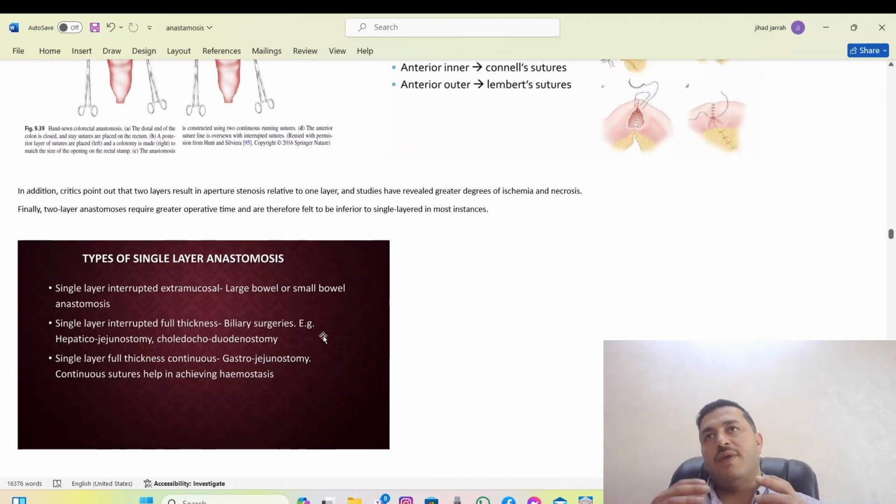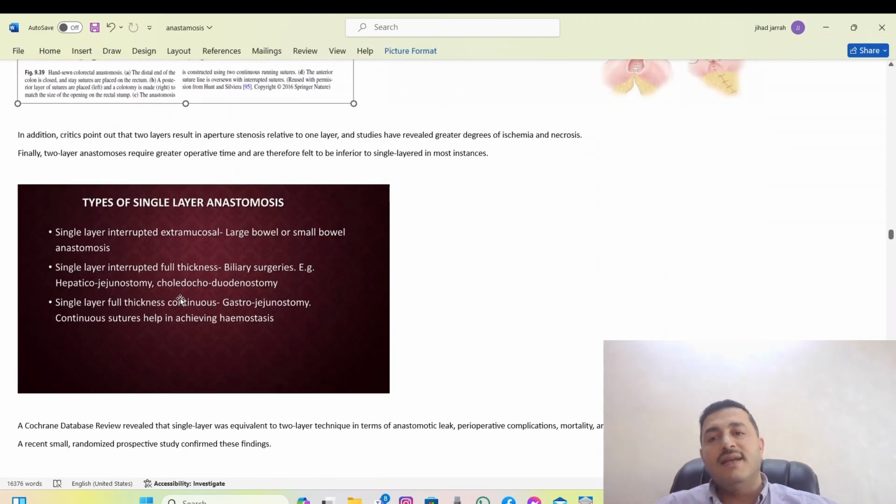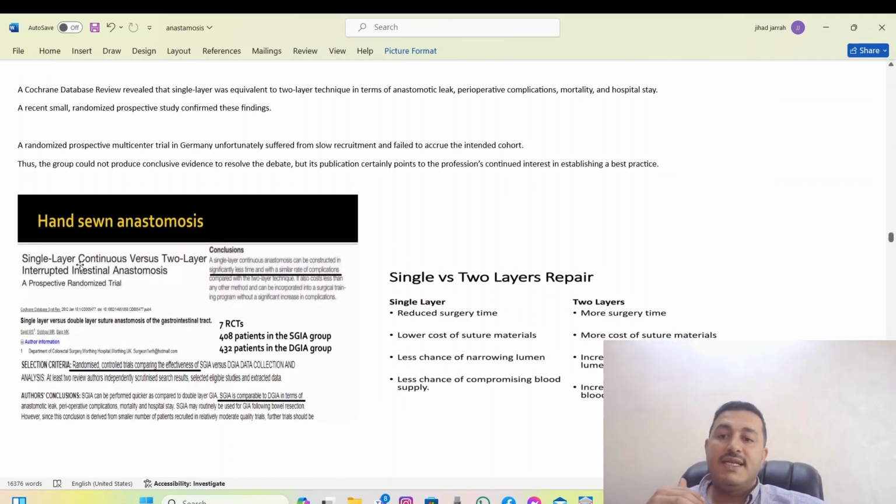We noticed that single layer is preferred when we compare it to double layer anastomosis. As we said here, this is a double layer anastomosis, this is a double layer anastomosis. Single layer is preferred, and you can see here, for example, single layer continuous versus two layer interrupted. The single layer